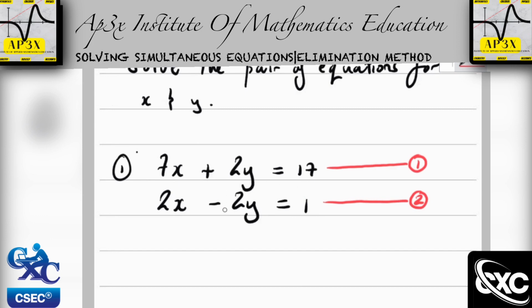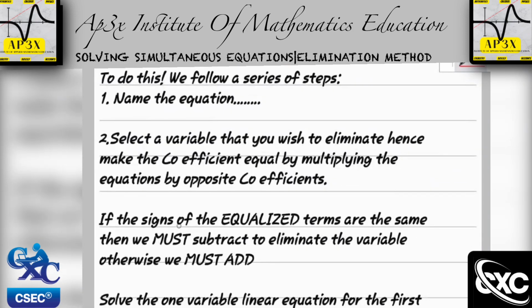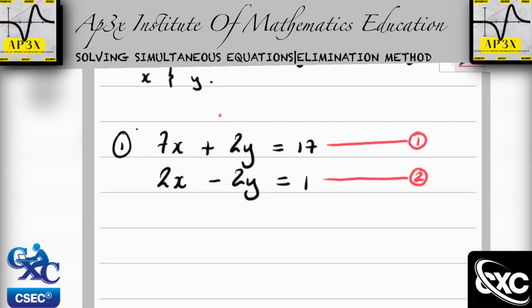So since they're already equal, then according to step 3 here, step 3 says that if the signs of the equalized terms are the same, then we must subtract to eliminate the variable. But if the signs are different, or otherwise, we must add. So if you check this question out, you'll recognize that the signs here are in fact different. So therefore, that simply means that we're going to be adding equation 1 to equation 2. So therefore we're going to say equation 1